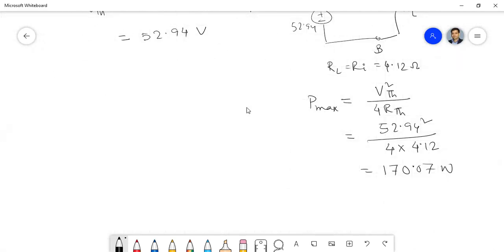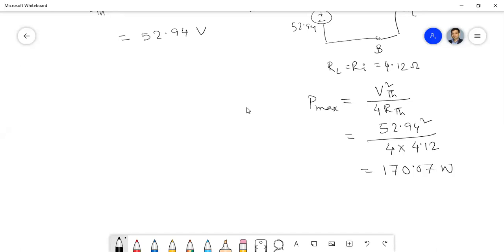The only thing you have to remember is in case of impedances, which is a little complicated, because in impedances we have to equate the reactances as well. And in case you don't have the reactance part in either load or in the internal circuit, in that case you have to equate the ohmic values as I have mentioned. Got it?